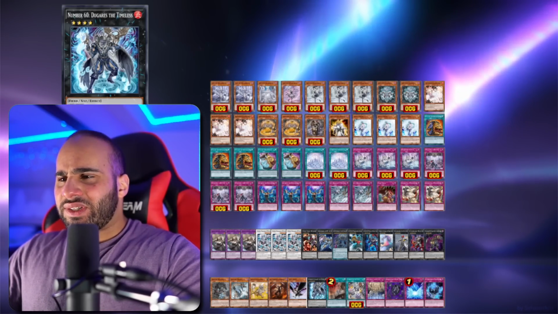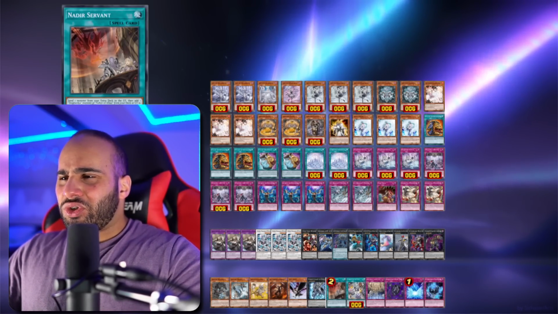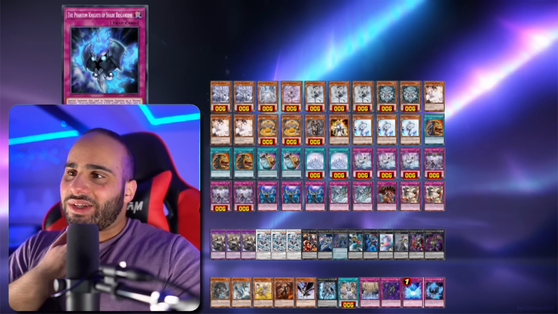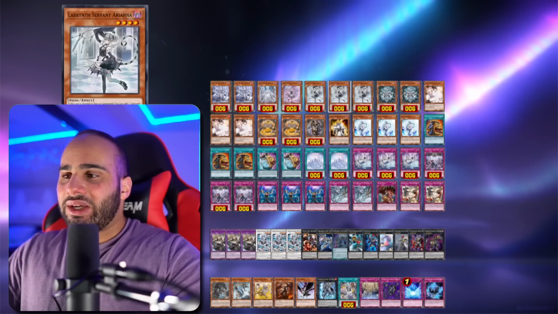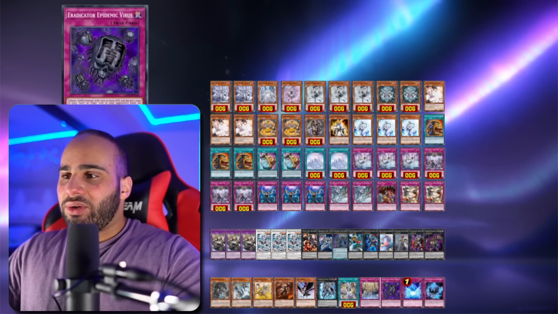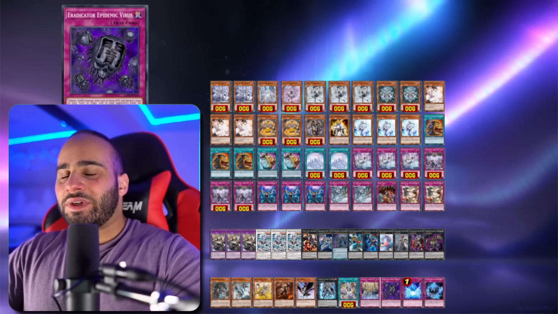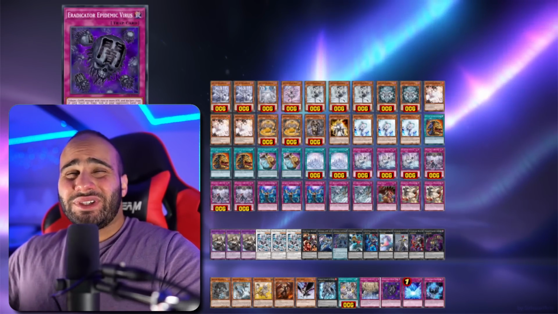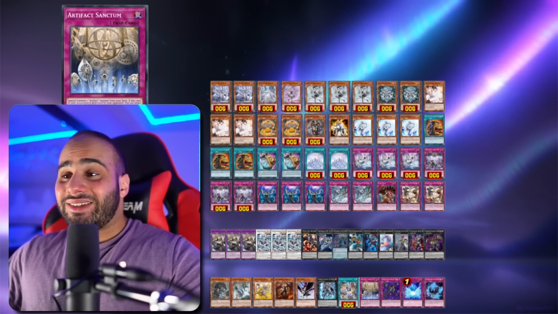Dugaris is also playable. It's another Fiend. What the frick is Nadir Servant doing here? Shade Brigandine, whatever. I mean, it's not super reliable because unless you draw Shade and Ariana, it's not super great. And yeah, Metaverse, Eradicator Virus, Deck Devastation Virus, Full Force Virus, D-Barrier, Different Dimension Ground, Artifact Sanctum, all these